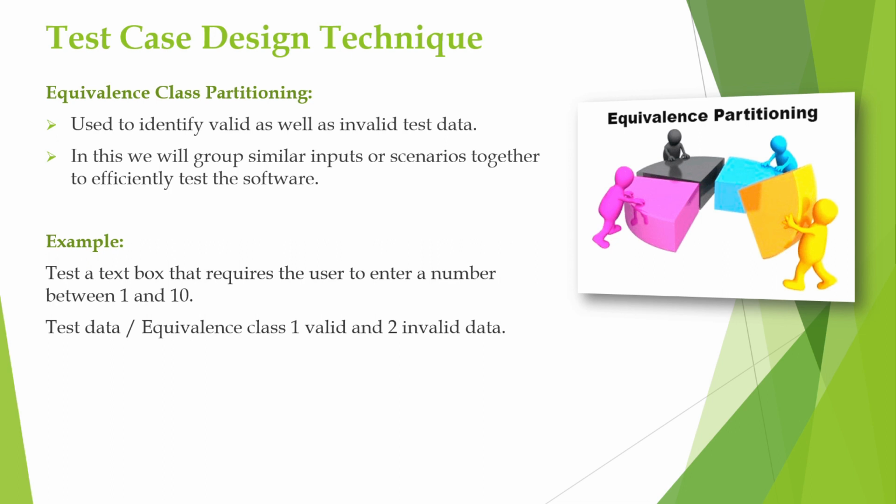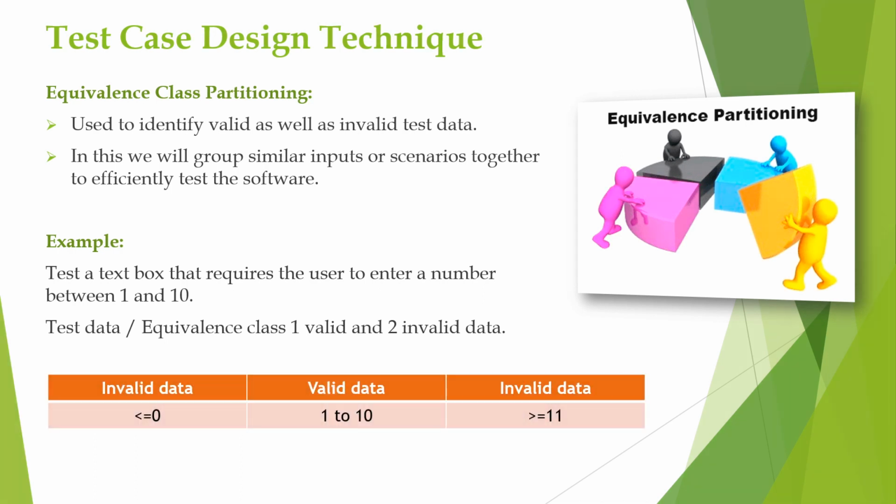Let us consider testing a text box that requires the user to enter a number between 1 and 10. By using the equivalence partitioning technique, we will derive the scenario that is from one valid and two invalid values. That is, we will partition from infinite to 0 as invalid, 1 to 10 as valid, and 11 to infinite